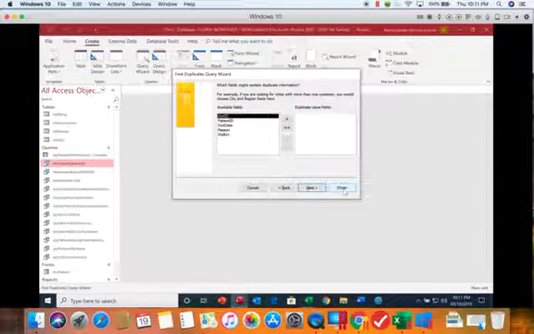Notice finish is an option, but again, never click finish if next is still an option. It wants to know what field is going to be duplicates. You never want to enter all fields here, because if everything is a duplicate, it won't let you enter that record